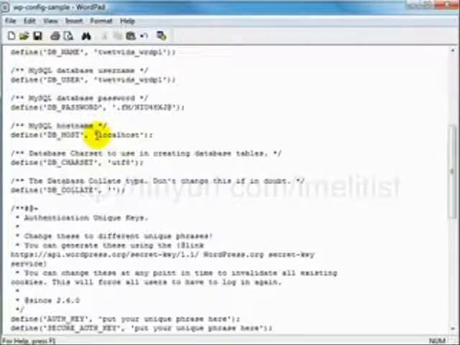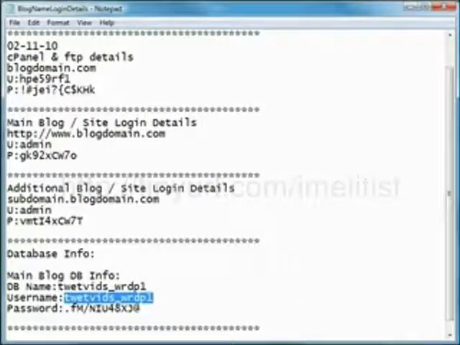Again, most every time it's going to be localhost, but for those of you that are on 1&1 or any other web hosting service where this is not the case, if you can't find it, just contact them. Tell them you're setting up a WordPress blog and you've got to have the database host name. What the heck is it? But it's usually going to be right in the same neck of the woods as the rest of this stuff. So chances are pretty good, if you look around, you're going to find something that says MySQL host name, or whatever your database is, host name. So now that we've got that saved, we can close this out and head on back over to